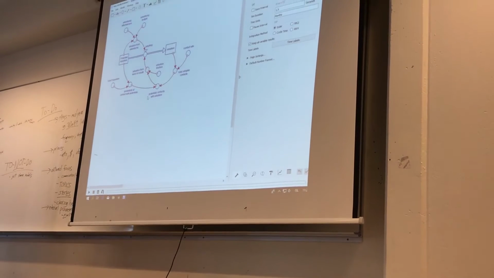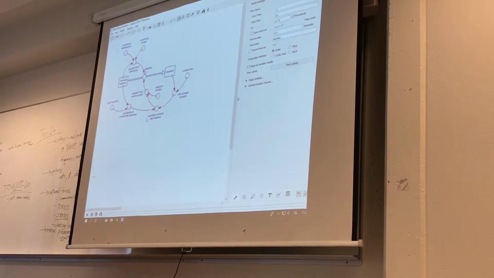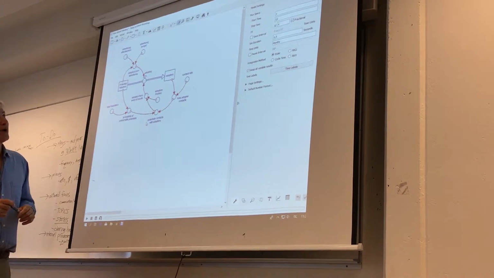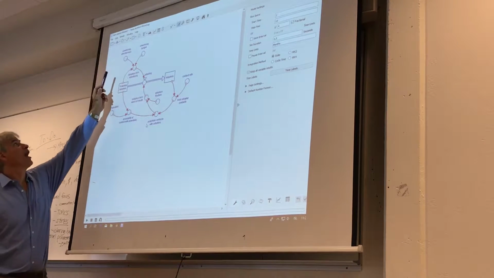This is our Bass Diffusion model. Does everyone see it? This is a different view. I'm not looking at the top anymore. I'm looking inside this module. And how do I know I'm looking inside this module? I know because at the top, I see